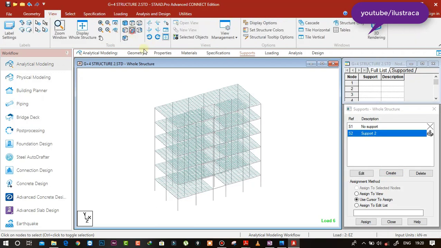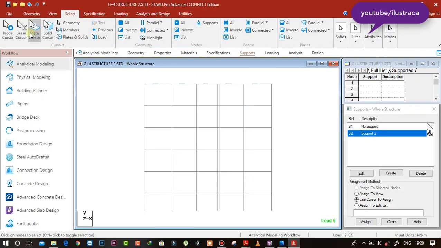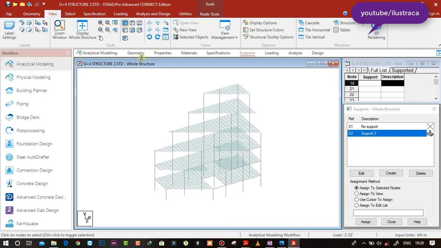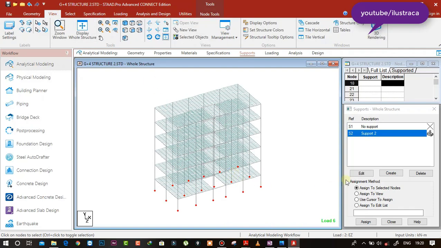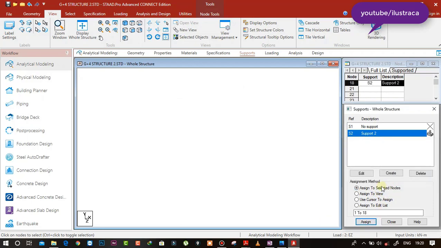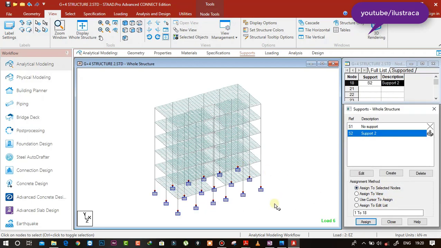So go to view, the front view, select the node cursor and select all the nodes at the bottom. Check whether all the nodes are selected or not. Now click on assign to selected nodes, assign yes. So you can see all the nodes we have assigned with fixed supports.